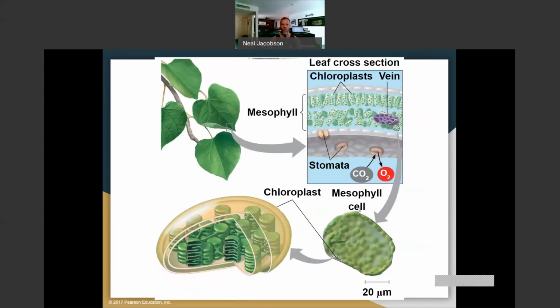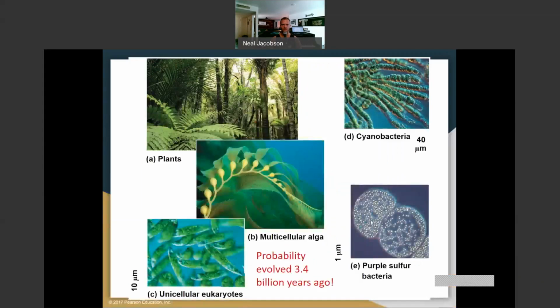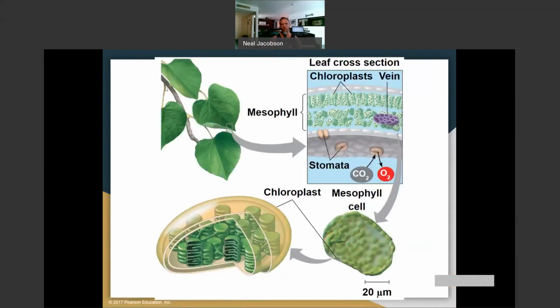Okay, so let's take a look at the anatomy of a plant leaf. If we take a look at the plant leaf and cut a cross section of it, let me get my pointer out. If I take a cross section of the leaf, and I look at the top side of the leaf and the bottom side of the leaf, and then I've got this cross section, what I can see is that